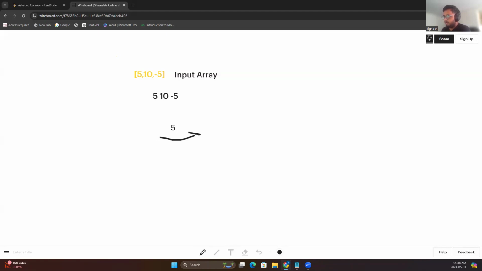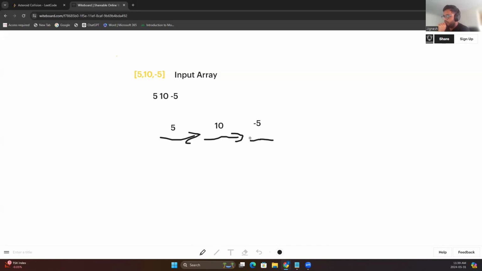It will go here. Now, if it is 10, again, it will go in this direction. Now, the third element is -5. That means it will go